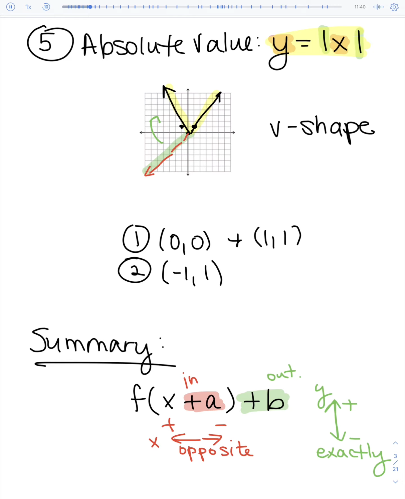So, continuing along, you need to make sure that you are comfortable with all 5 graphs, because this is what we're going to do. We're going to move them left, right, up, down, flip them upside down, and stretch them. Now let's take a look at graphing some functions. The first thing that we'll look at is A on our next page, which is y equals the absolute value